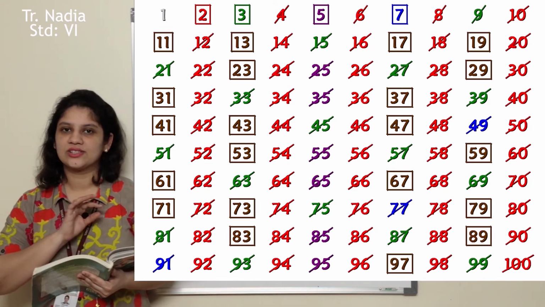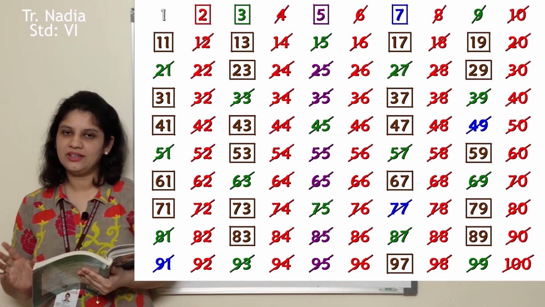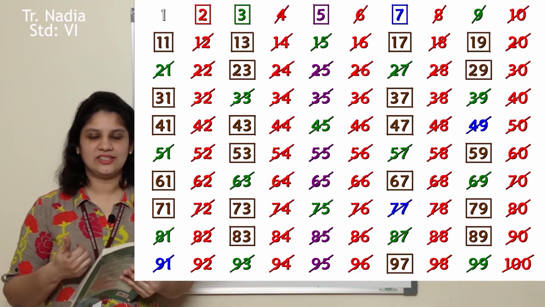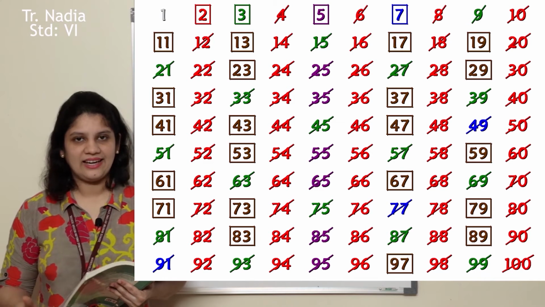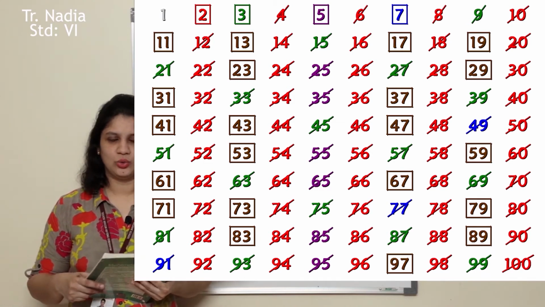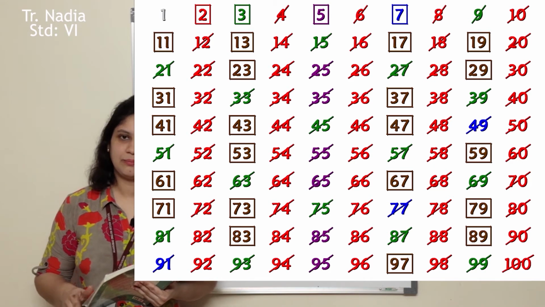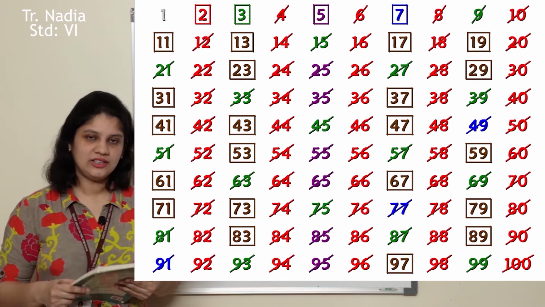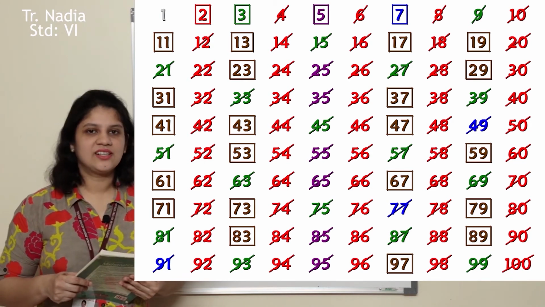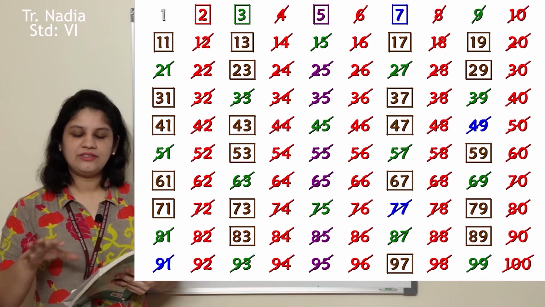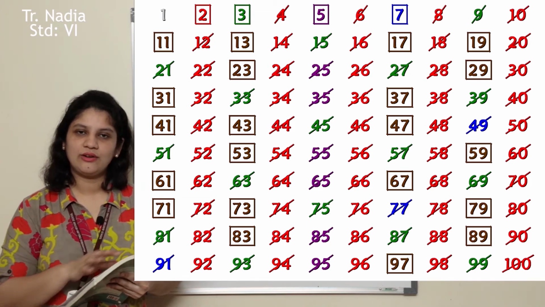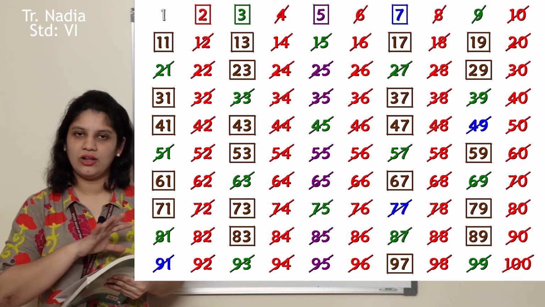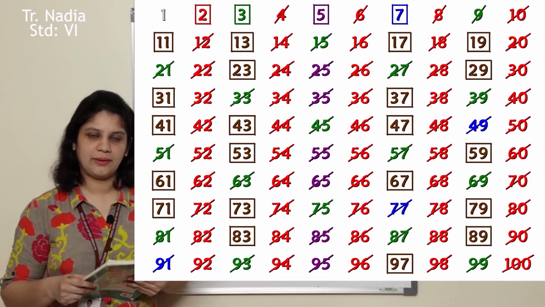And after that, we cross out all the multiples of 2 from the number grid. Now, which are going to be the multiples of 2? Every number which ends with 0, 2, 4, 6 and 8 is going to be a multiple of 2. Or in other words, all even numbers are multiples of 2. So, we circle 2 and we cancel all the multiples of 2. Next, we circle 3. Okay, and whatever out of the numbers which are left, we cancel out all the multiples of 3. After that, we circle 5. We cancel all the multiples of 5 from the numbers which are left.